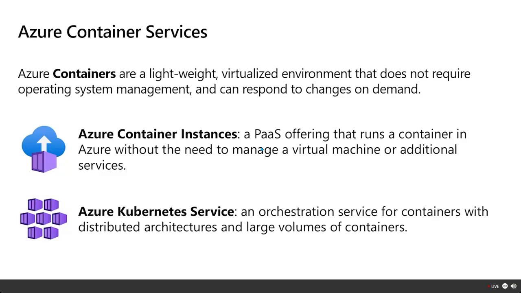And then we have something called Kubernetes service, and it's a type of orchestration service to manage these containers. So when your applications start to grow, you've got multiple containers across multiple servers, operating them becomes a more complex issue. That's when you're going to use Kubernetes service. In simplified terms, you would use AKS for running multiple containers with sophisticated orchestration, managing rolling upgrades, automatic scheduling, and